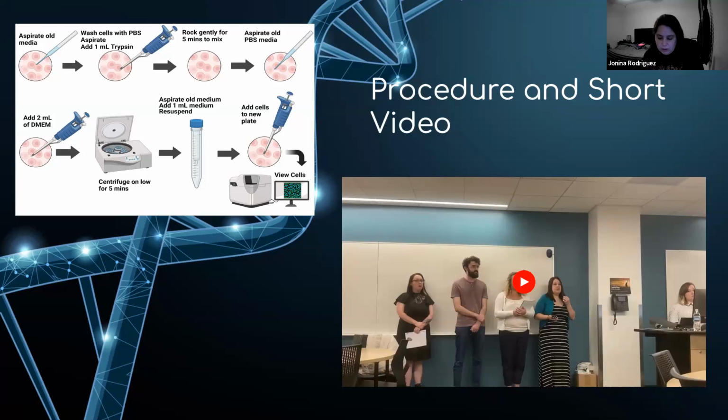And then what you're going to do after that is aspirate the media again, and then add 2 milliliters of DMEM, which is going to inactivate the trypsin that you just put in, and make sure that there's no active trypsin in those cells. And then once you do that, you're going to centrifuge